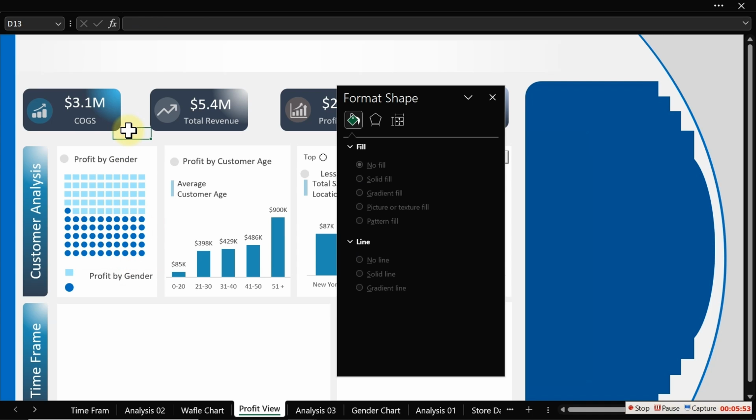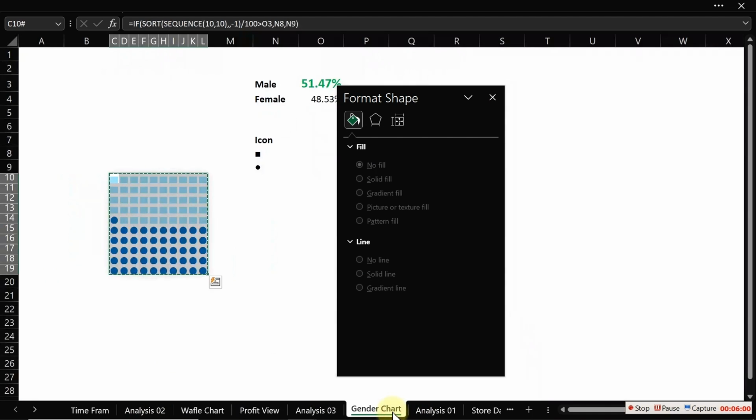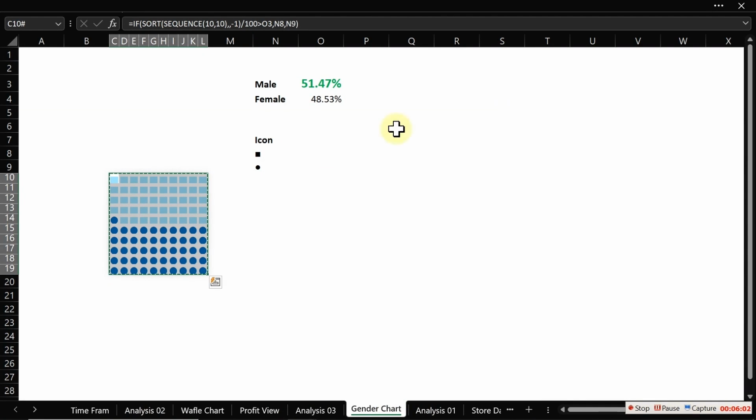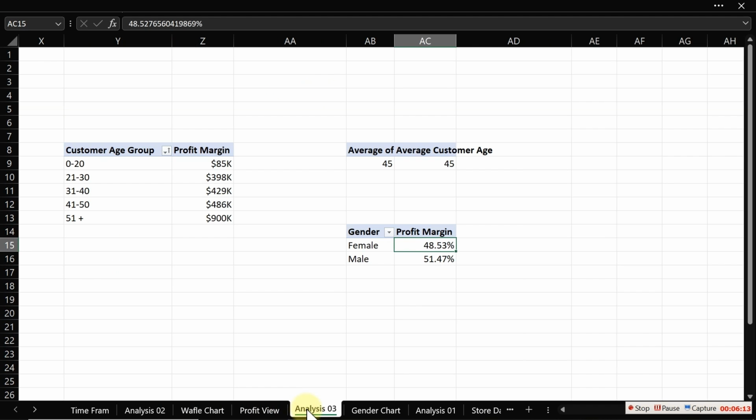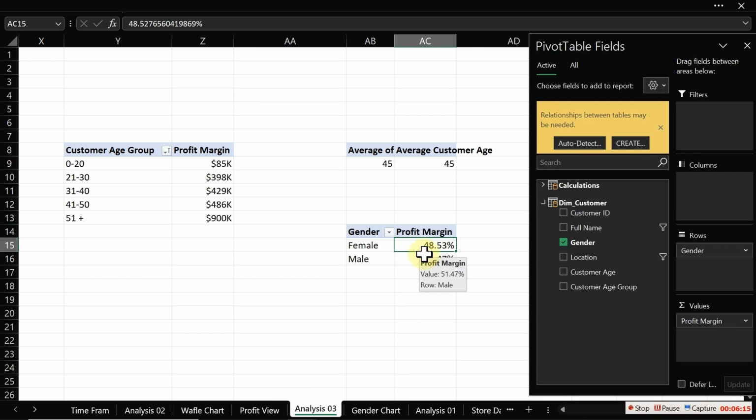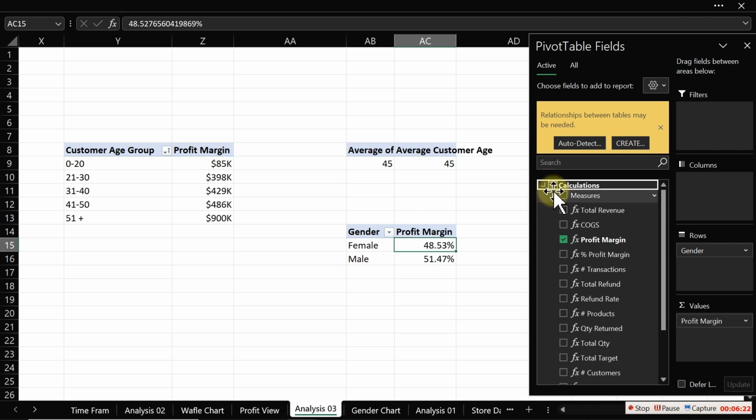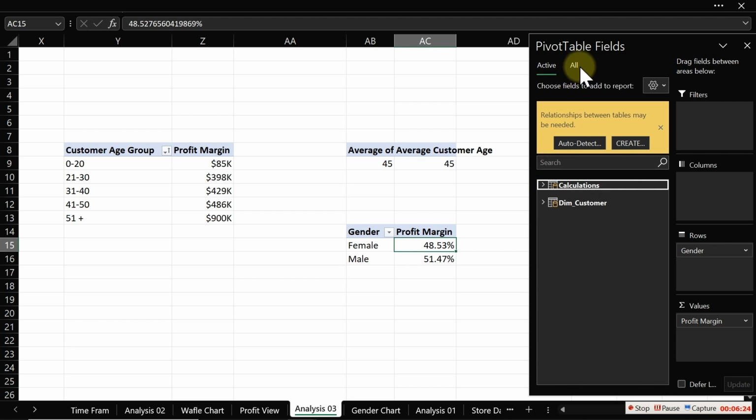So to verify it now, let's go over to our gender chart. For the gender chart right here, if you look at it, this is actually 51%. So what we can do right now to be very much saturated is going over to analysis 3. And over the analysis 3, we can actually go ahead and insert a slicer on it. So let us insert a slicer over the